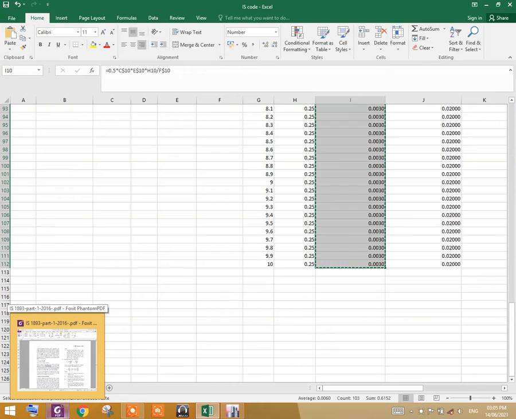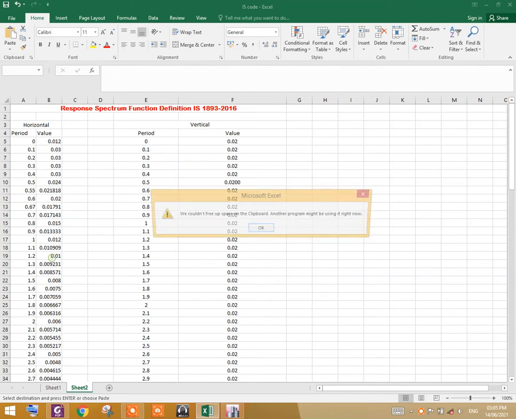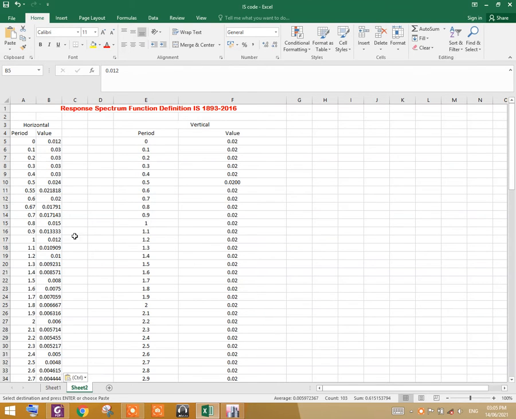Now come here and paste by value. You see the values are pasted.